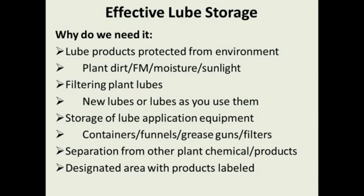So your fire protection in a lube storage room could be minimal if you don't store any other chemicals in there with the lubes. And it's a designated area where your products can be labeled and separated so that there's no cross-contamination. One of the issues at a Cargill plant about 15 years ago was a maintenance guy went in